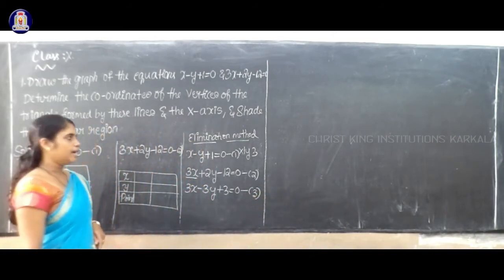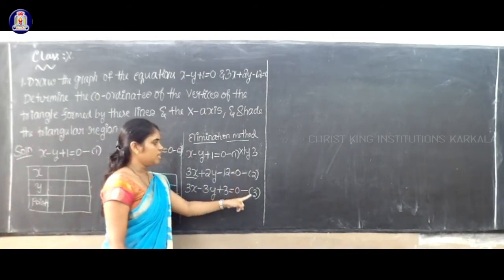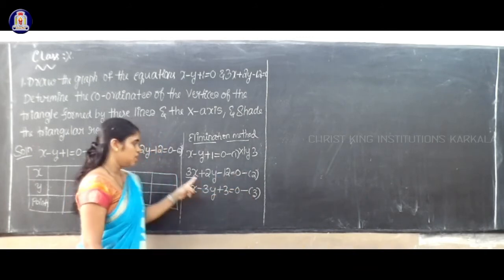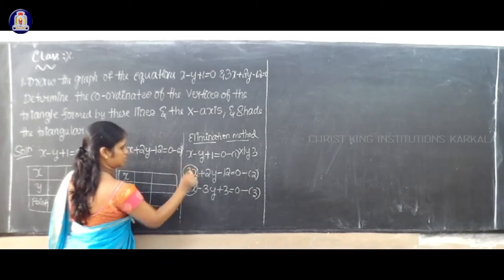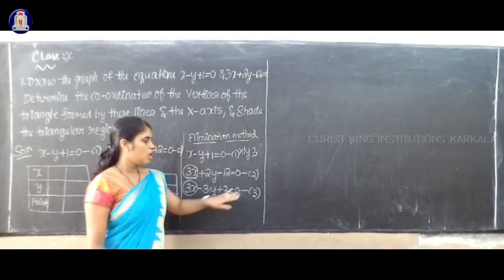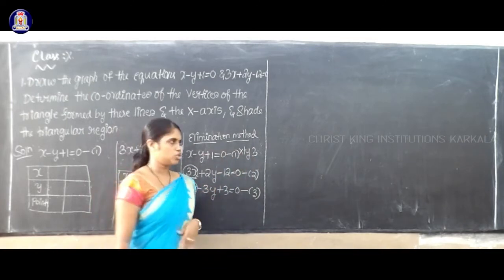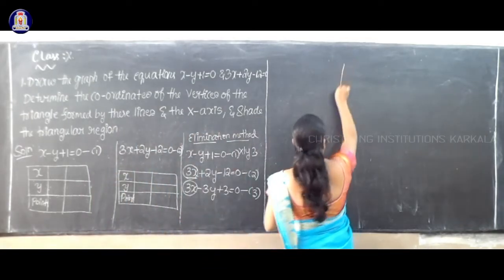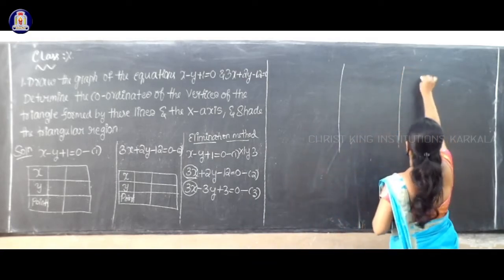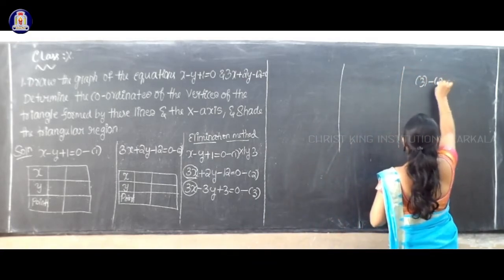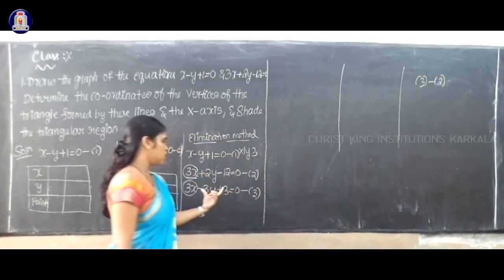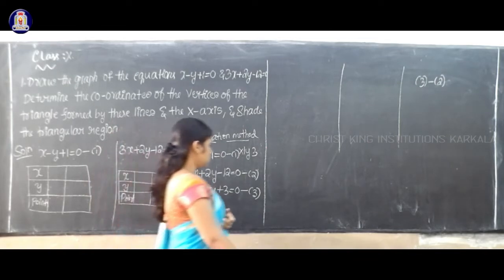Now you can observe that in equation 2 and equation 3, the first terms are the same, isn't it? So either I can do equation 2 minus 3 or equation 3 minus 2. I will do equation 3 minus equation 2. First I will write equation number 3. What is equation number 3? 3x minus